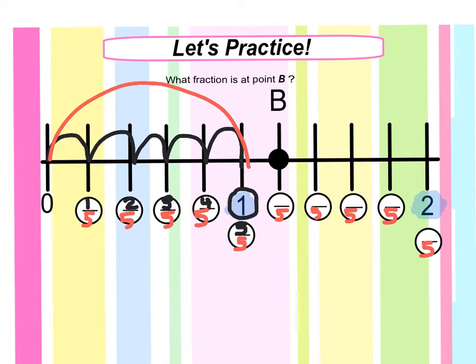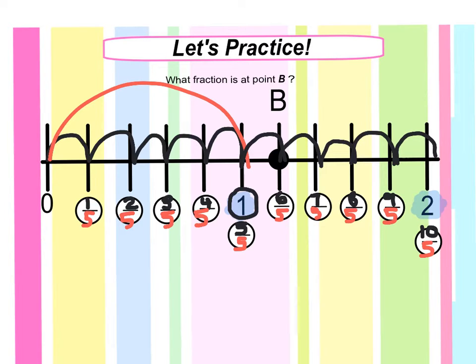Let's keep counting our numerators. I've ended at 5/5. After 5/5 comes 6/5, 7/5, 8/5, 9/5, and 10/5. You might be thinking, Mrs. Holly,